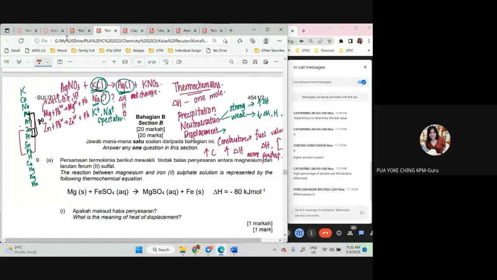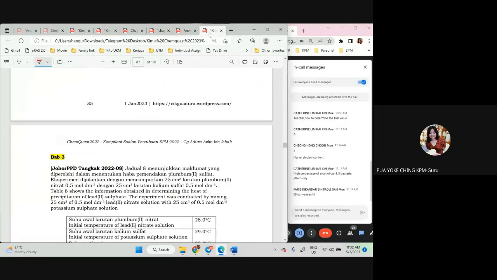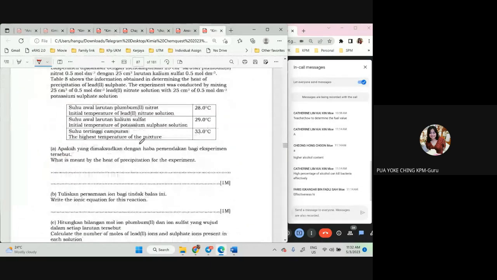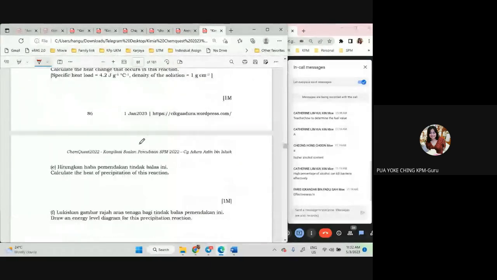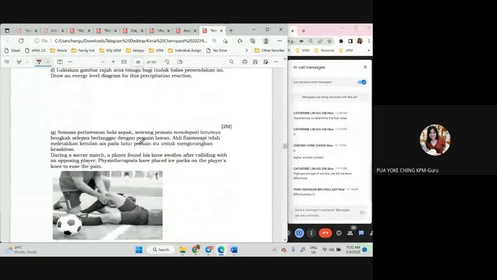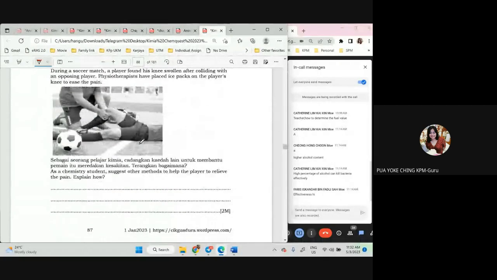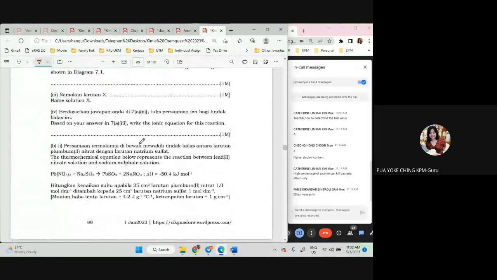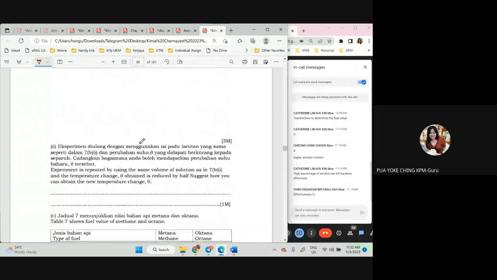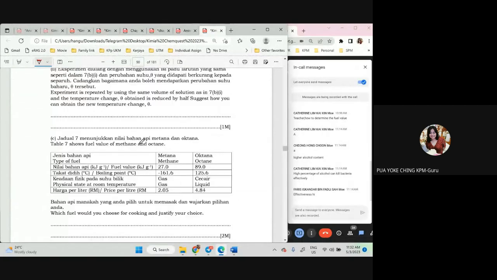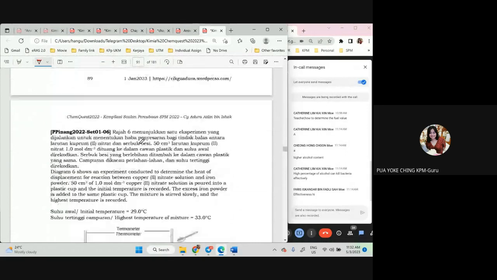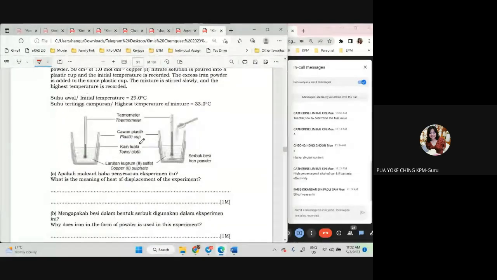So, you just go through all the questions yang kita ada dalam ni. Dan kalau boleh cuba buat, draw. Okay. So, dia actually tak susah. Okay. Saya cuma takut dia tanya yang pelik-pelik. Okay. And the next one is usually